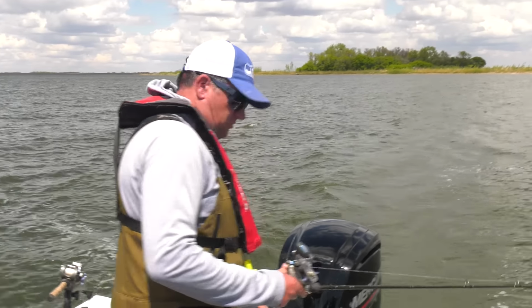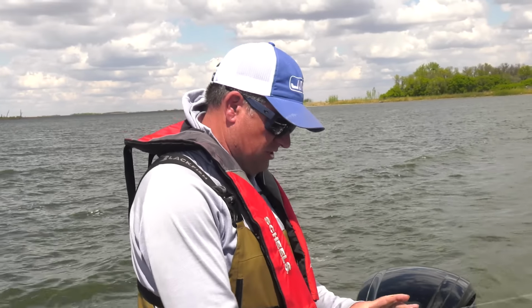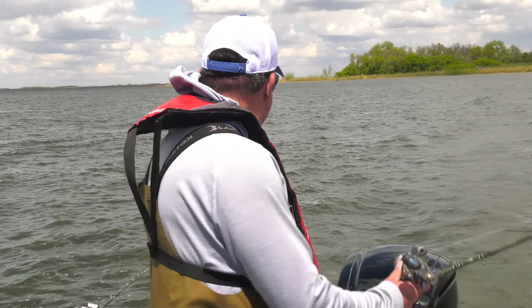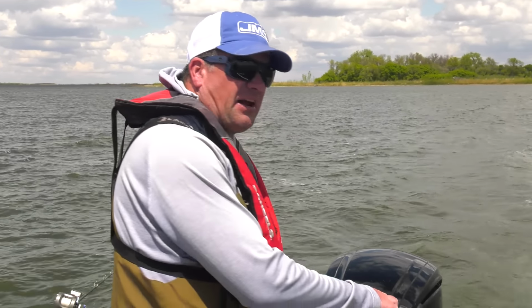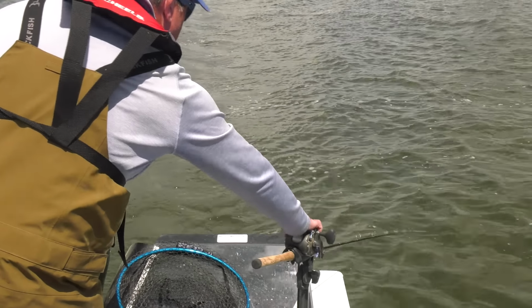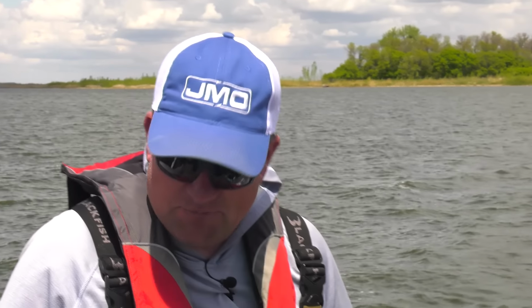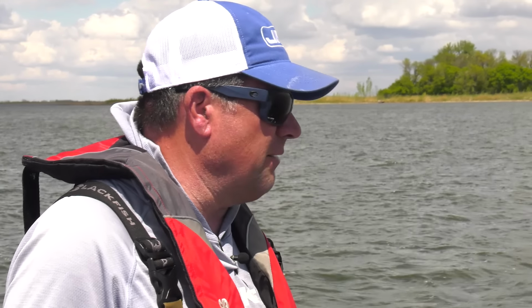You know, the thing about this trolling too, we've got two of us in the boat. I'm trying to steer the boat. Jaden's manning the rods. You've got to hustle. Sometimes I hear people talk about trolling, saying, "I don't like to troll, it's boring." I tell you what, if you have your hands in your pockets, you're probably not going to catch much trolling. You've got to be hustling, cleaning lures off all the time,